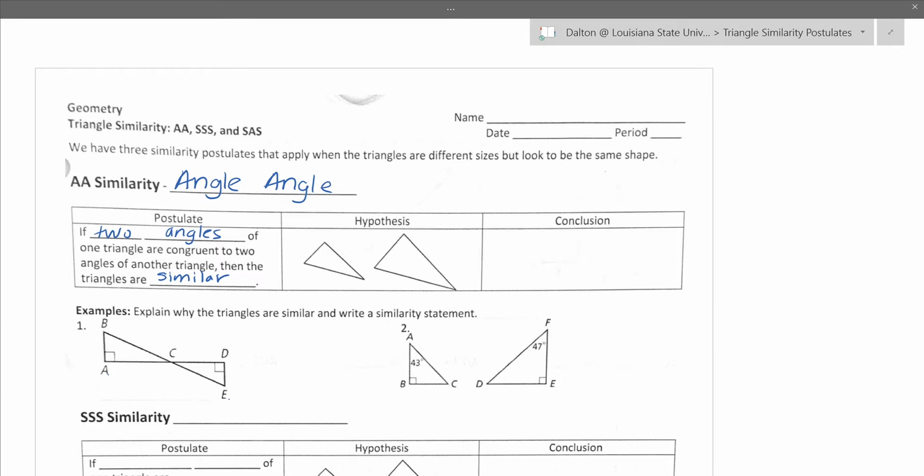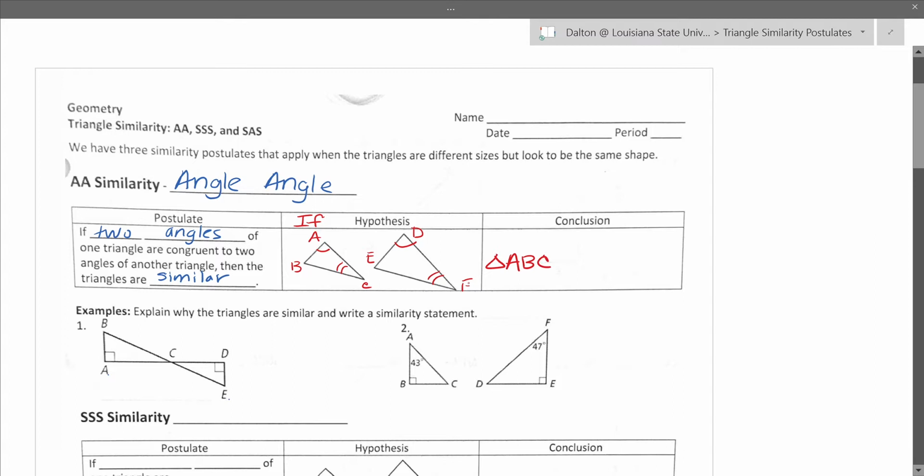The hypothesis, if you recall, think back to one of the first chapters of the year, hypothesis comes after the word if. So after the word if says two angles of one triangle are congruent to two angles of another triangle. So let's call this triangle ABC, and let's call this one DEF. And let's draw what that looks like. So let's say angle A has one arc mark, D has one, C has two, and F has two. So we have two pairs of congruent angles, which is enough to conclude triangle